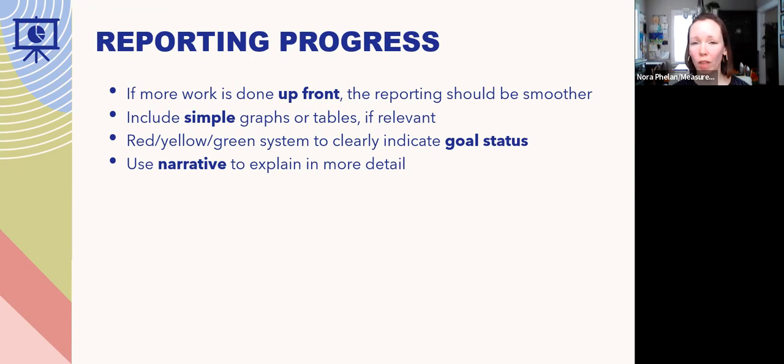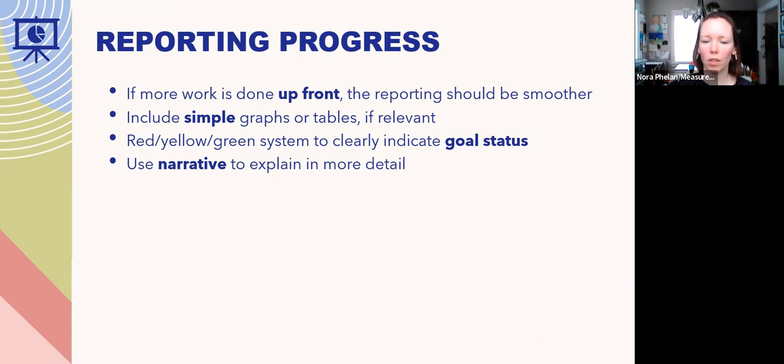Including simple graphs or tables is always welcome in reports. That's certainly easier said than done. As Allison mentioned, I love data visualization. I love graphics and visual representations, but it's not easy. It can often take time to get it right, even to make something simple, especially to make sure it's clearly understood by a wide audience. But if you have anybody on your team who specializes in that or has a knack for that, it can both break up the narrative visually as well as really communicate some great information that doesn't quite come across the same in a narrative.